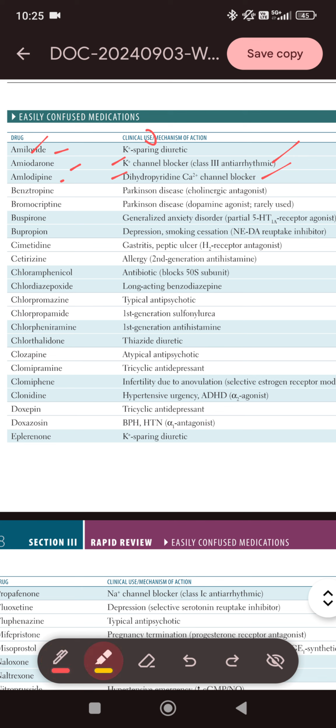Then we get confused between benztropine, which is for Parkinson's disease. It is a cholinergic antagonist. Benz,